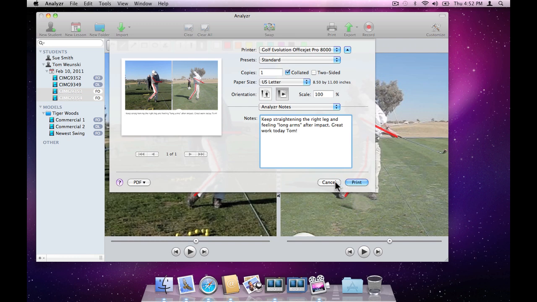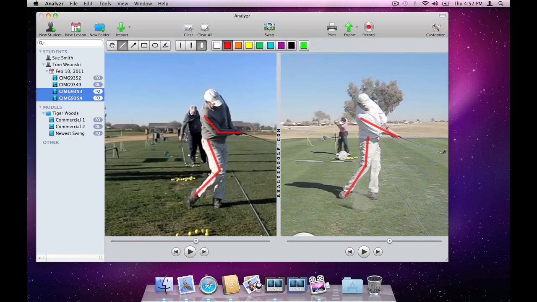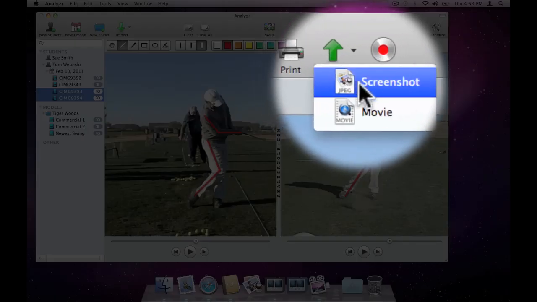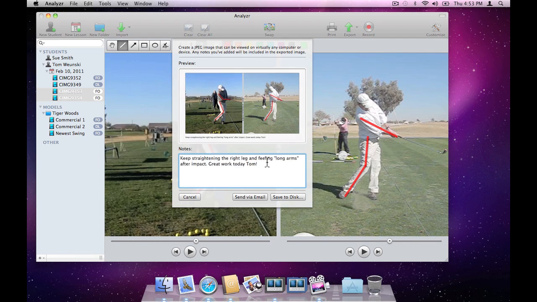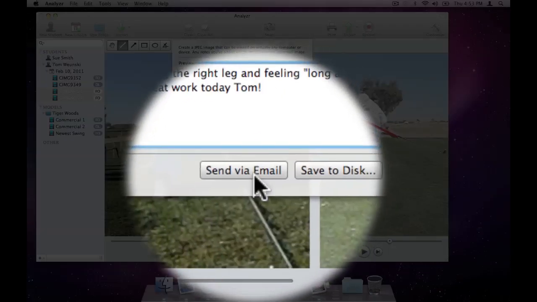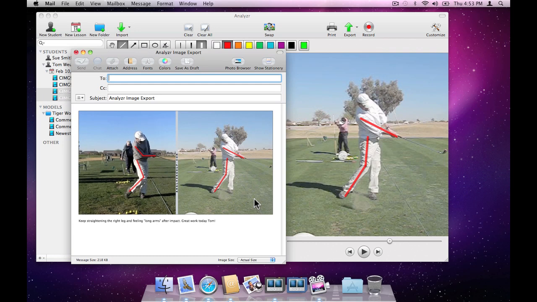Tom mentions that he'd rather have them emailed, so instead of printing, we choose Export by clicking the toolbar item and choose Screenshot from the menu. We type out some notes and click Send via email. An email is automatically created, and since Tom is in our address book, we can type his name and send